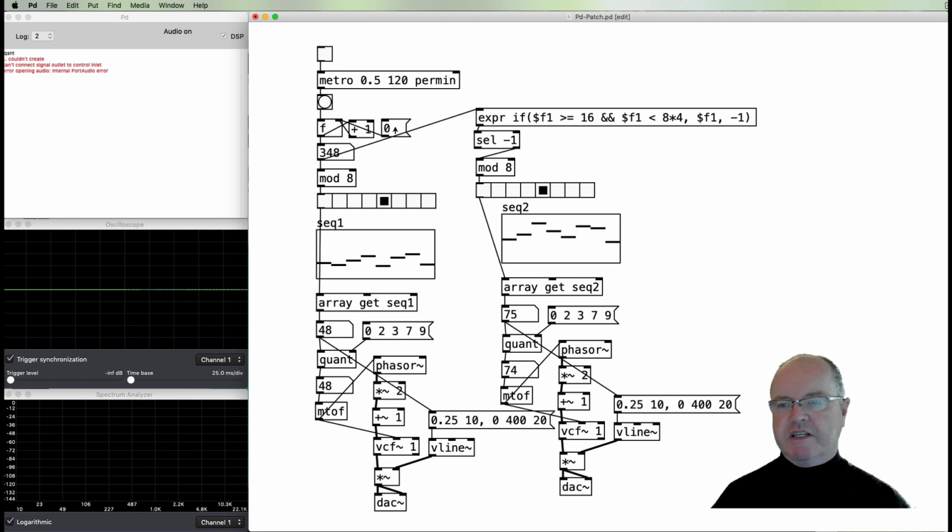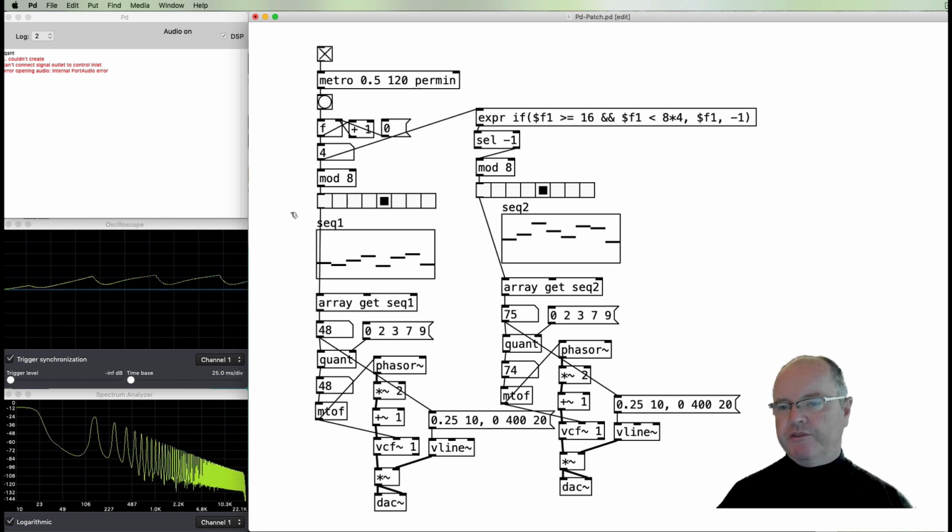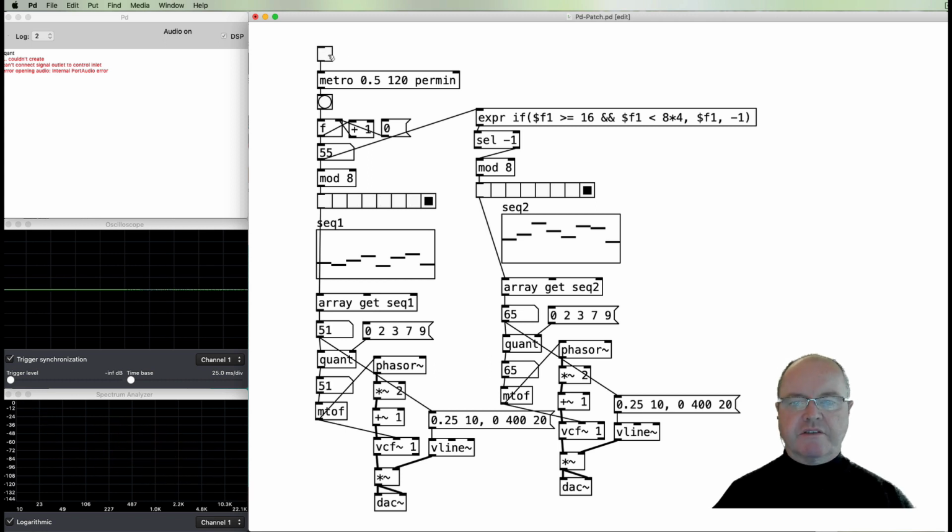Alright, so if we reset our counter to 0 and restart, then the first sequence will play. After 2 cycles, the second sequence will come in, will play for 2 cycles, and then stop. So there you have